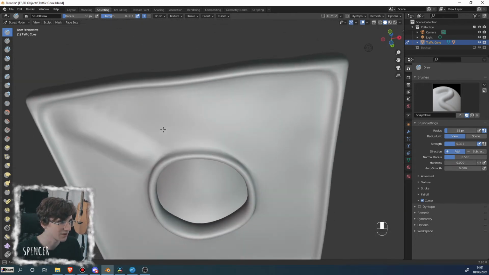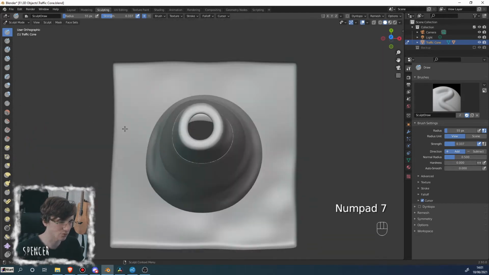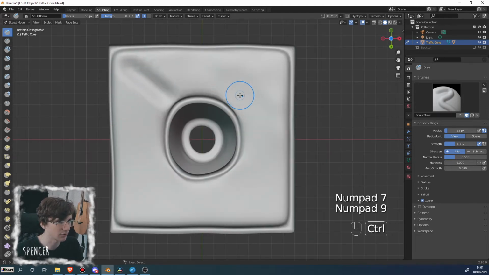stuff like this? By the way, control clicking to go down underneath the traffic cone and raise up these